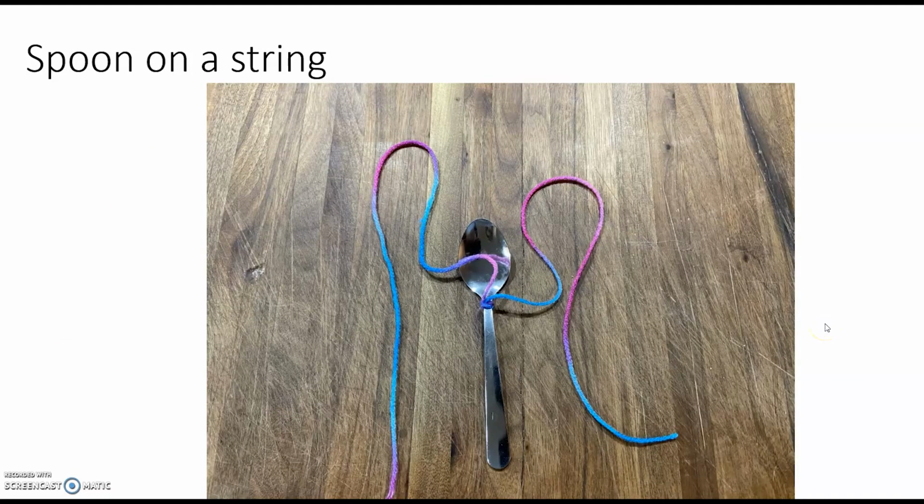Now let's look back at our spoon on a string. When you hit the spoon on the counter without the string, you heard a little bit of a ding, but it wasn't too impressive. Now if we tie a string onto that spoon and then put the ends of the string into our ears and then tap the end of the spoon onto the counter, what we hear is a beautiful sound. Sounds a lot like a gong.